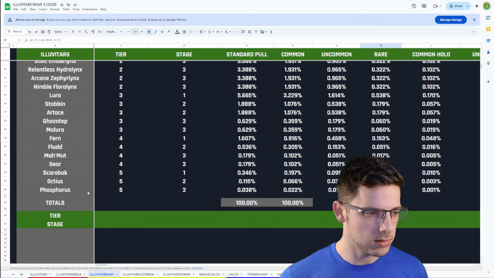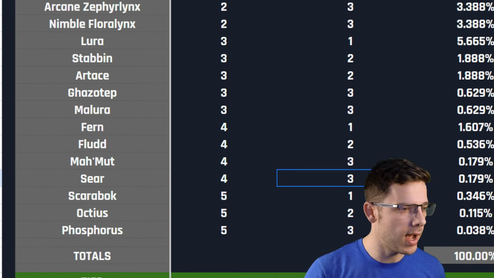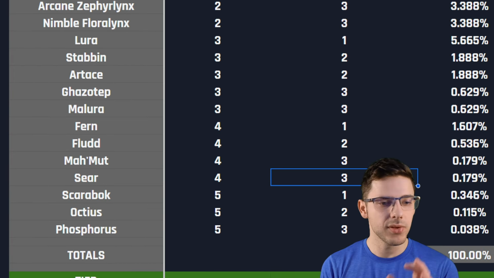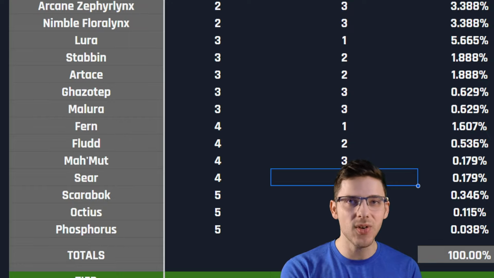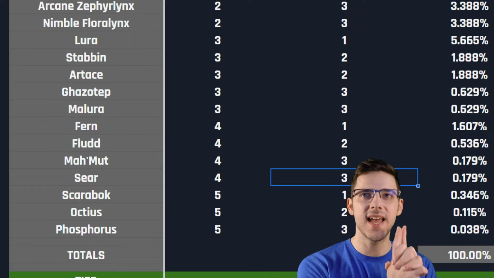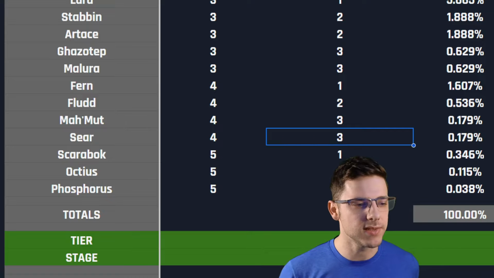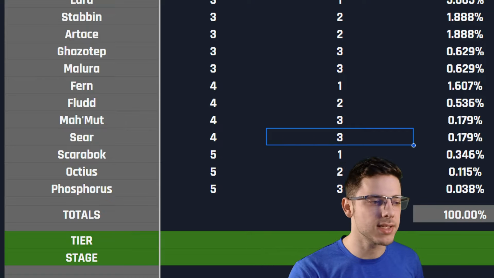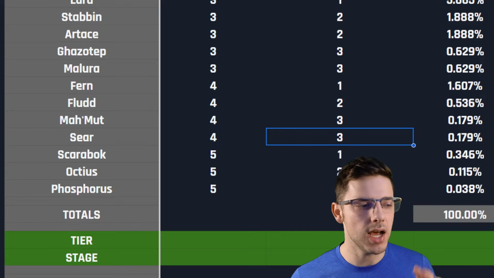And then, after that, we've got Fern for tier 4 Stage 1, Flood for Tier 4 Stage 2, and Matmut for Tier 4 Stage 3, and Seer as well for Tier 4 Stage 3. He is a fan favorite, so keep your eye on Seer definitely. Scarabok, Octius, and Phosphorus, all really popular Illuvials. Maybe Scarabok a little bit less than Titanor, but Octius and Phosphorus are 2 really popular Illuvials in the Illuvium